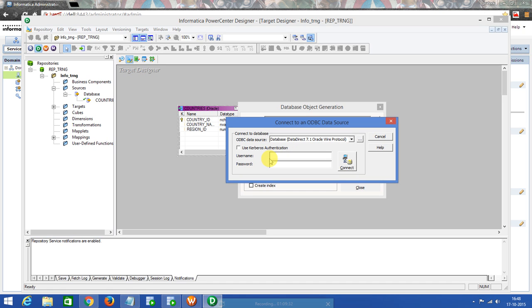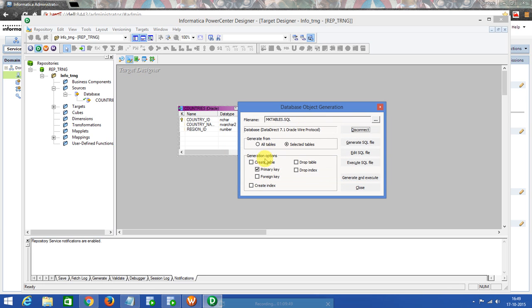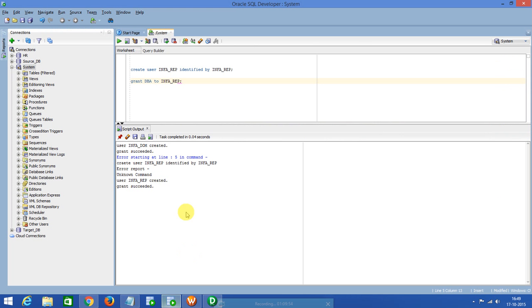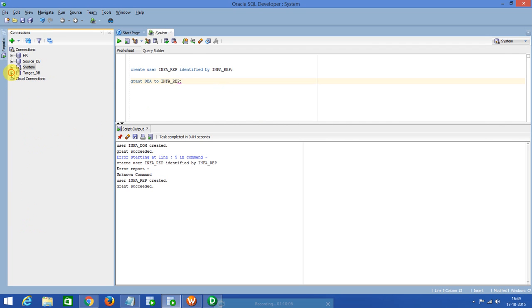Database is there. We are clicking target underscore DB. Similarly, we are clicking target underscore DB. Connect. So it is connected. We don't want any primary key, nothing. Now you can see here. If you see here, okay, you can see here in target DB,